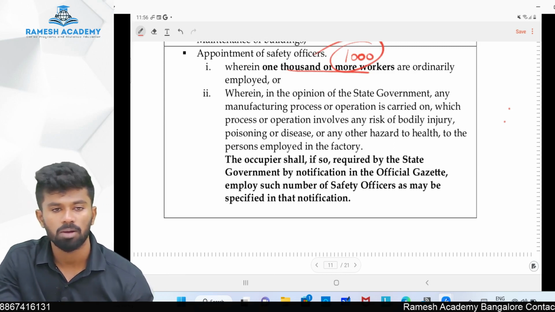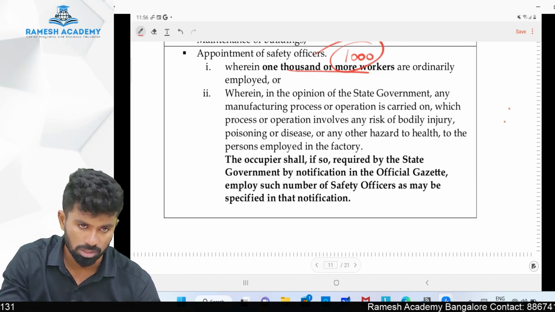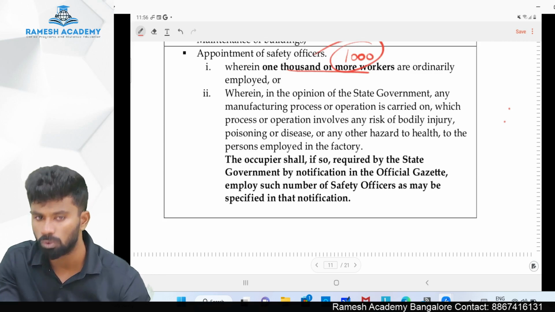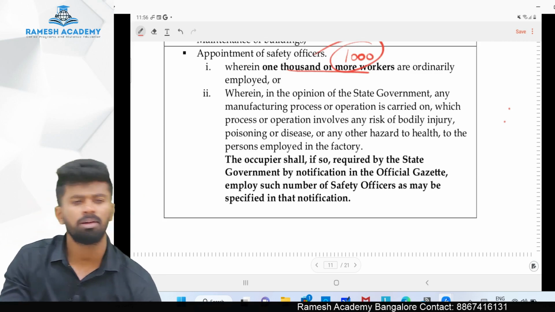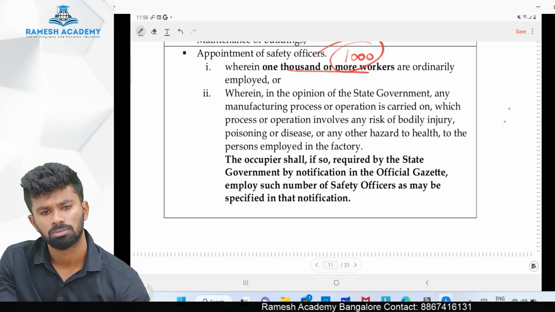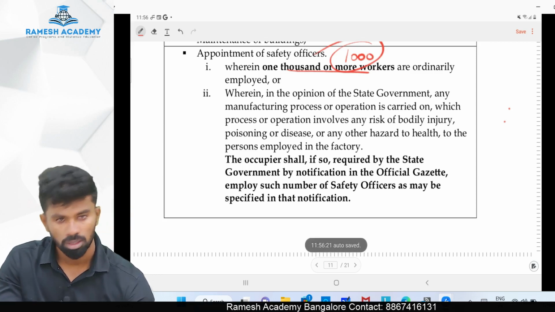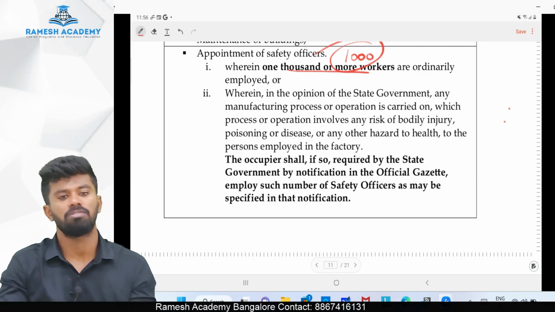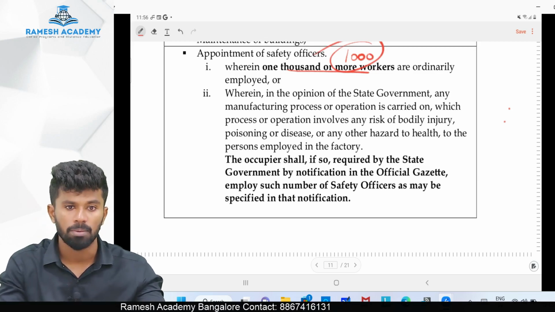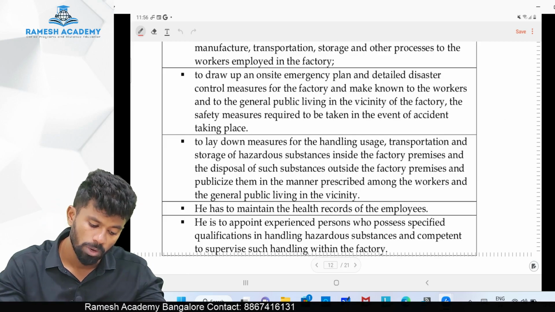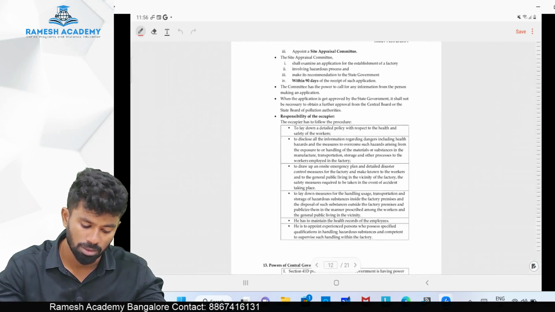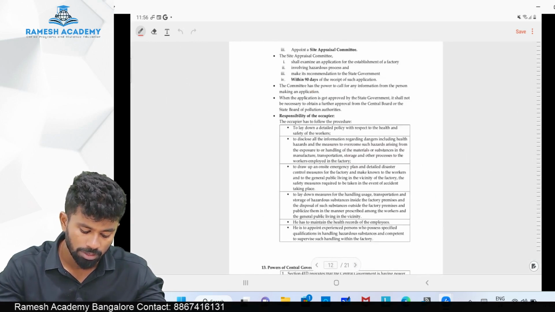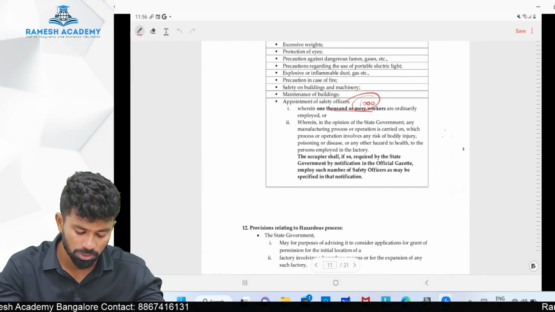So appointment of a safety officer is mandatory where there are 1000 or more workers, or it can be done voluntarily by the occupier, or the Government may order the appointment of a safety officer. Okay, they may ask this question in the examination: when is safety officer appointment compulsory? Then we have a provision with respect to